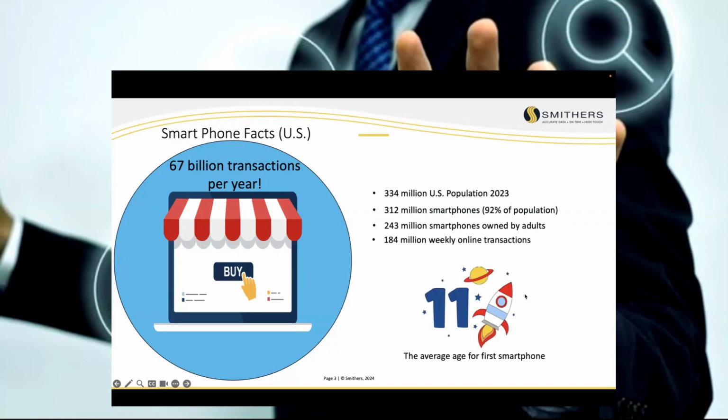Now, here's an interesting one too. This one I was really surprised about. The average age that we get our first smartphones is now down to 11. Keep in mind, most internet security and privacy rules for children say nobody below the age of 13 is supposed to be on the network. But hey, we're giving our kids smartphones as early as 11 years old. So they have never known a time without one. Number two, because they are so ubiquitous and so widely spread, the potential for abuse is very high.